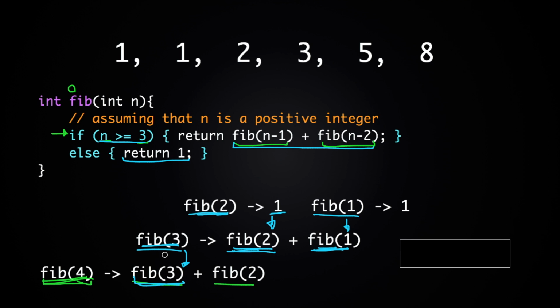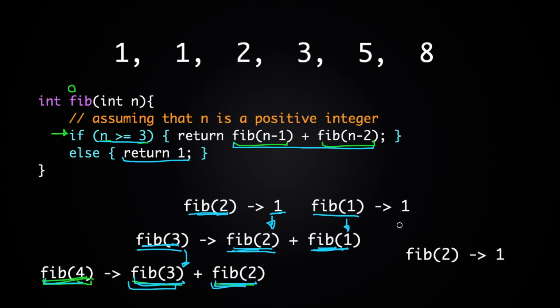And then we'll say, okay, we should return 2 plus fib of 2 from fib of 4. But we don't know what the value for fib of 2 should be. So we're going to call that. And then again, we'll say, okay, we should return 1 from fib of 2. So 1 will go in here. And then we have 1 for fib of 2 and 2 for fib of 3 at this point. So we're going to return 2 plus 1 from fib of 4, which is 3. And that's the correct answer because that's the fourth Fibonacci number.